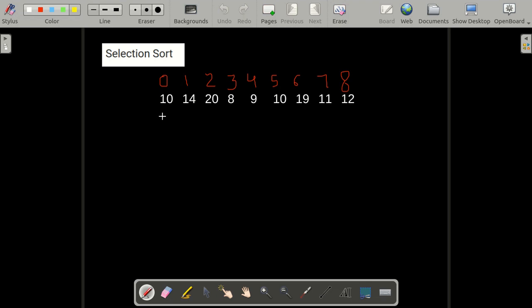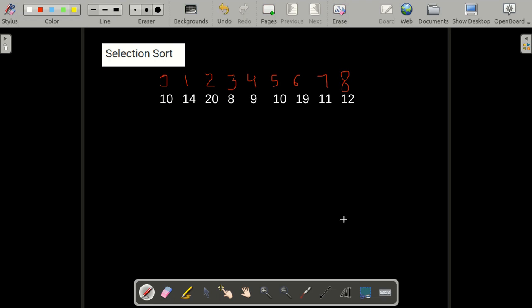So in the series of sorting techniques, today we are going to do selection sort. Now if in case you just want to see the key points of the sorting algorithm, just skip to the last of the video. Now if you have seen my previous video on bubble sort, you know that a lot of unnecessary swaps take place in that type of sorting technique. So in selection sort, the main key point is that there are no unnecessary swaps, and in a single pass at max only one swap takes place.